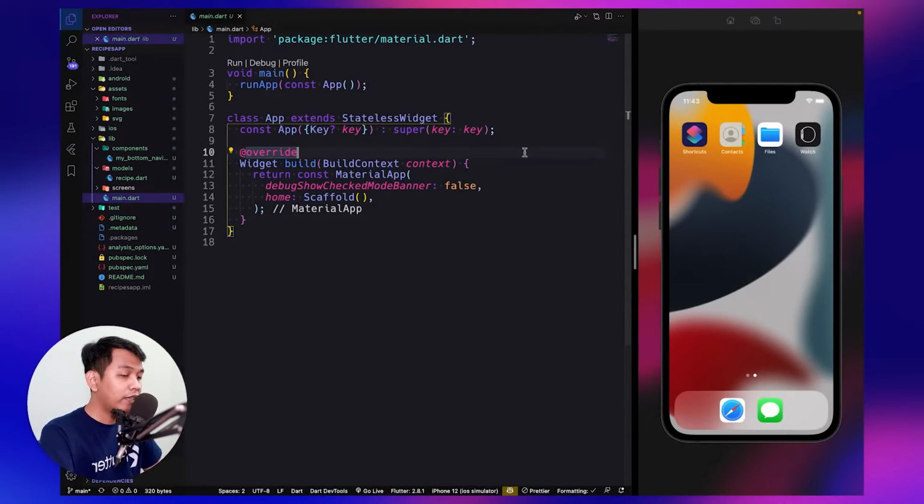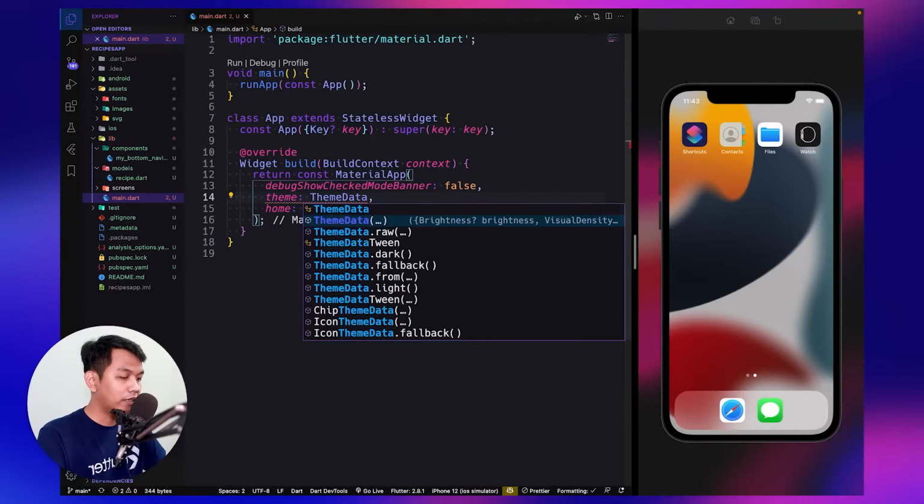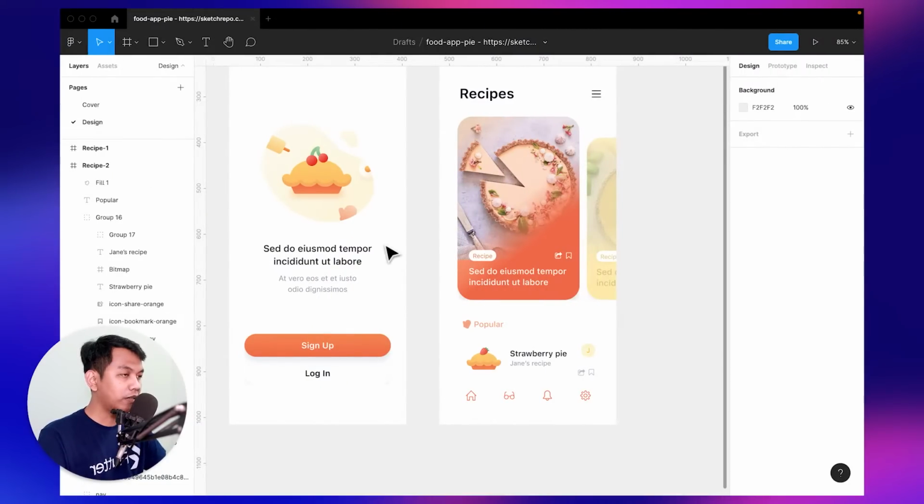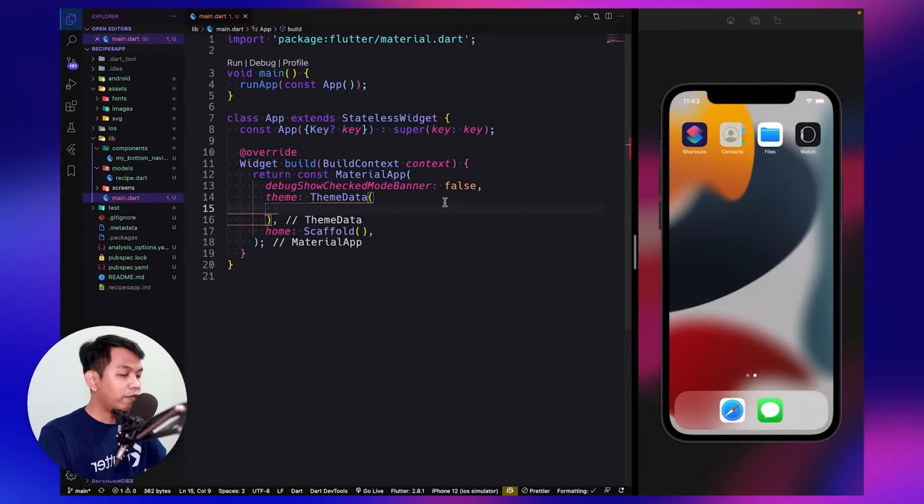And when we run this application, it's just a white screen because, as we can see, our home is using a scaffold, just an empty scaffold. Alright, so below our debug checked mode, let's say theme. For now, I don't create a custom theme because, as we can see, we just have two screens. But if our application gets bigger, I recommend you create a theme file without declaring it here.